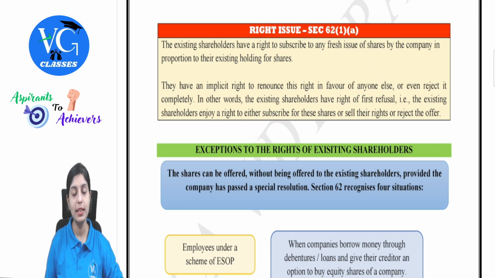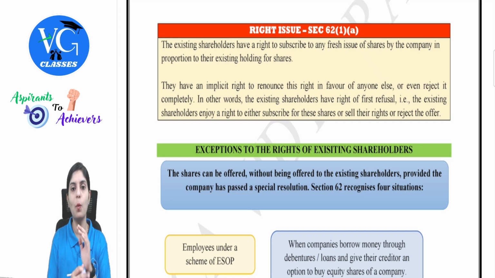So what the company does, instead of approaching the outsider first, is make an offer to the existing shareholders themselves. These are called rights shares, wherein the existing shareholders get the right to subscribe, or get that first-hand advantage, before it goes to the public. And moreover, a plus point is that you will get it at a price lower than the current market price, or the price the company is going to decide on to issue in the open market. So this arrangement is called rights shares.